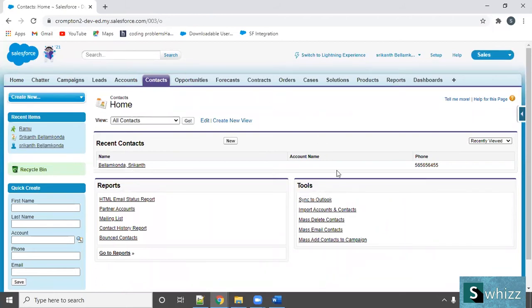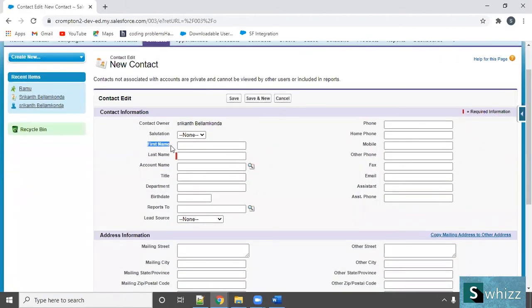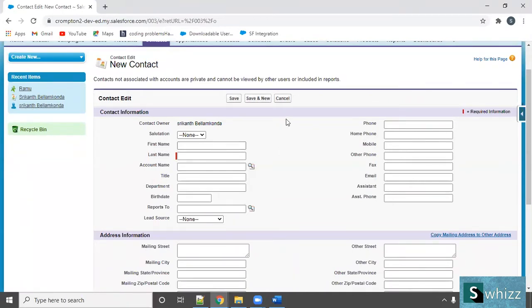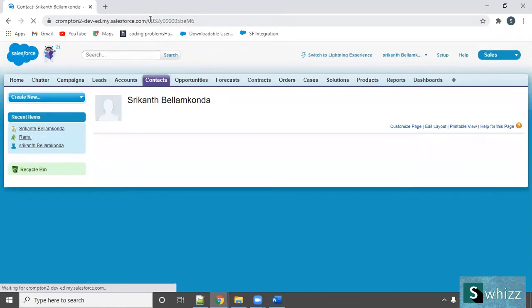And if I want to create a new record, what should I do? Click on the new button. Okay. And what are all these things? What is this? This is nothing but a field name. And if I give some value here, that is a value. So when I click on save, what happens? The record will be committed in the database. And you can see a record like this, right?